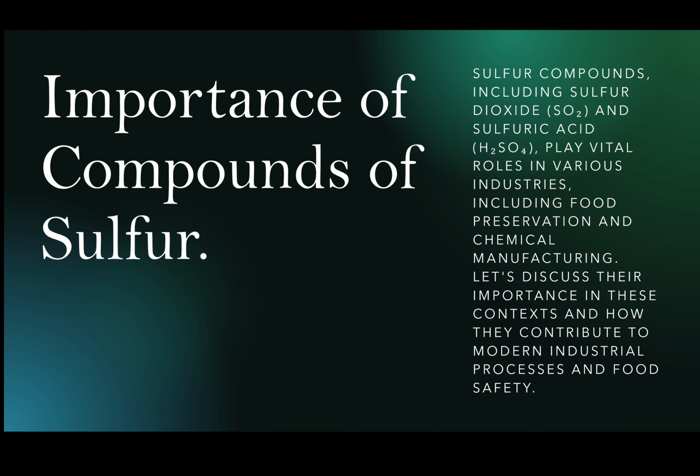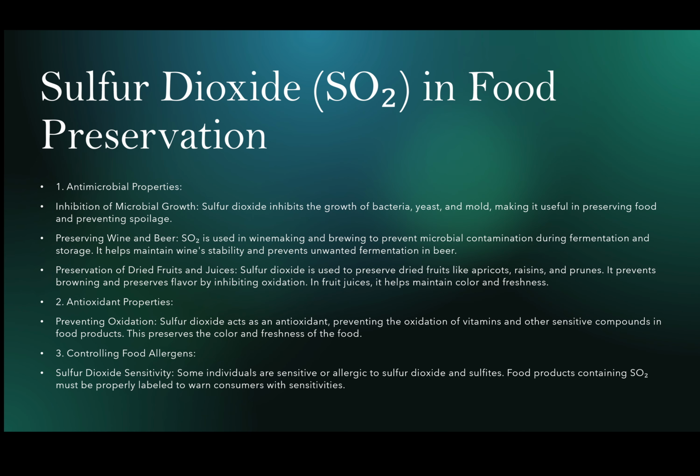But yeah. Sulfur compounds including sulfur dioxide and sulfuric acid play vital roles in various industries, including food preservation and chemical manufacturing. So we need to discuss the importance of the compounds of sulfur. Sulfur dioxide in food preservation. First of all, sulfur dioxide is antimicrobial in nature. It inhibits microbial growth. Sulfur dioxide inhibits the growth of bacteria, yeasts, and mold, making it useful in preserving